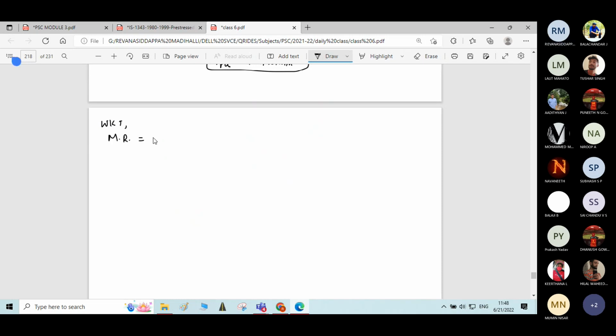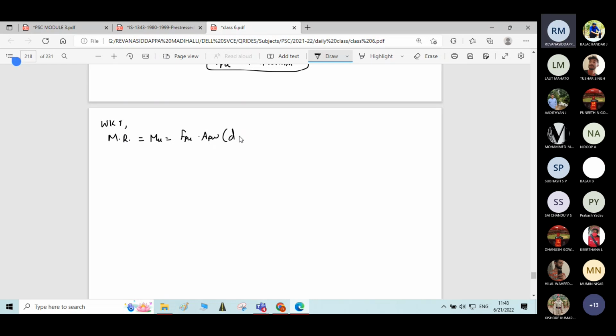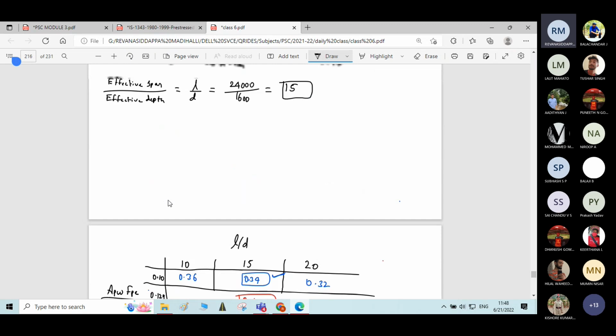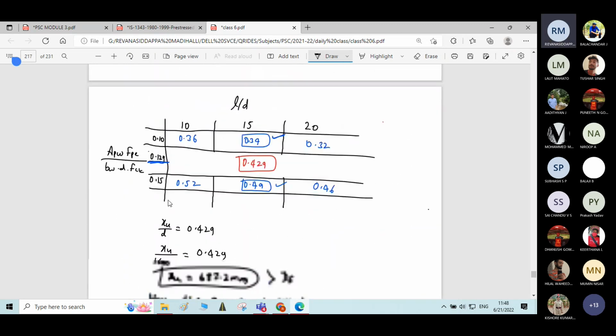resistance is calculated as Mu = FPU into APW into (d minus 0.42 XU) plus FPE into APF into (d minus Df divided by 2). Just substitute all the values, you will get the answer. Mu is equal to FPU, just before we have calculated, that is 1311 into APW, how much? APW is 2481.25